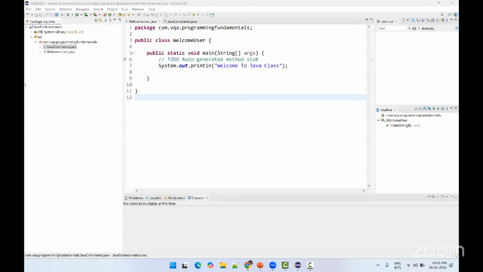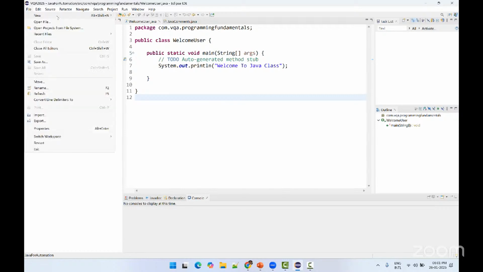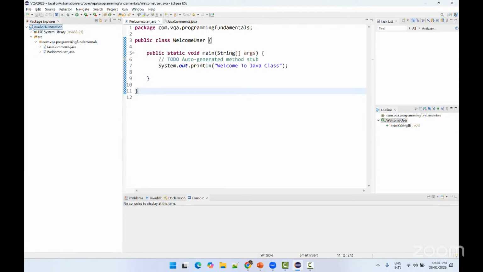So before we start today's topic, let's do a short recap of yesterday, what we have learned. We first completed the installation of Java JDK version 17 and Eclipse IDE. After that, we created the workspace. In that, with the help of New Java Project, we created a Java project. Make sure it starts with a capital letter. And in the Java project, we have created the